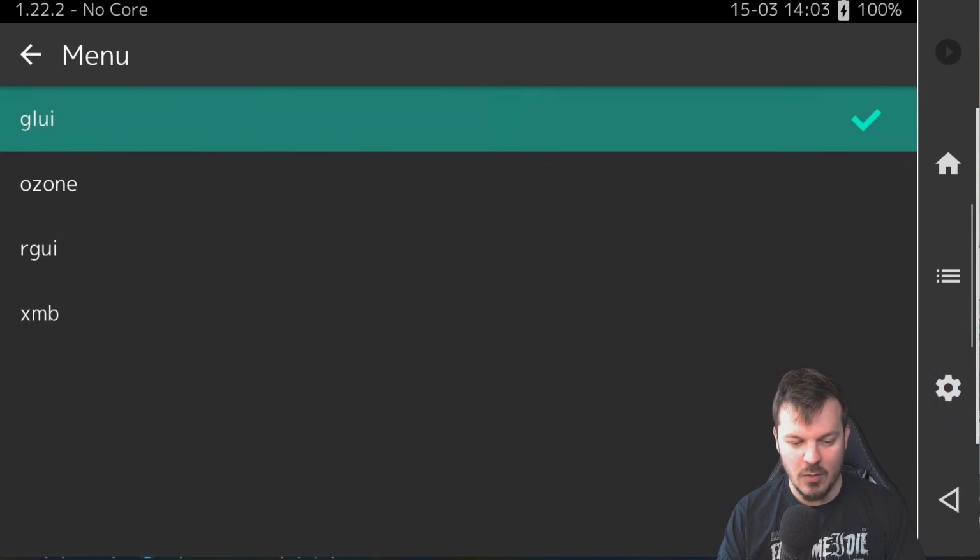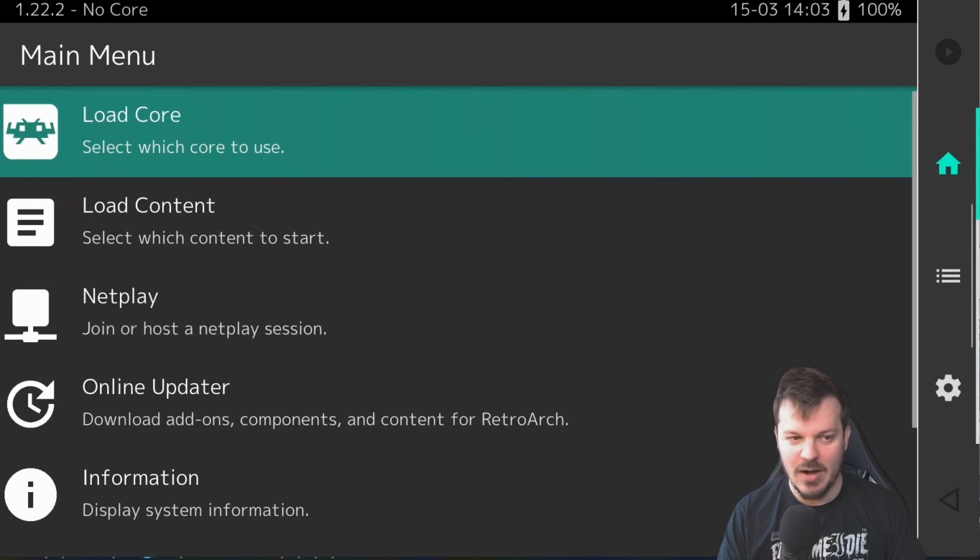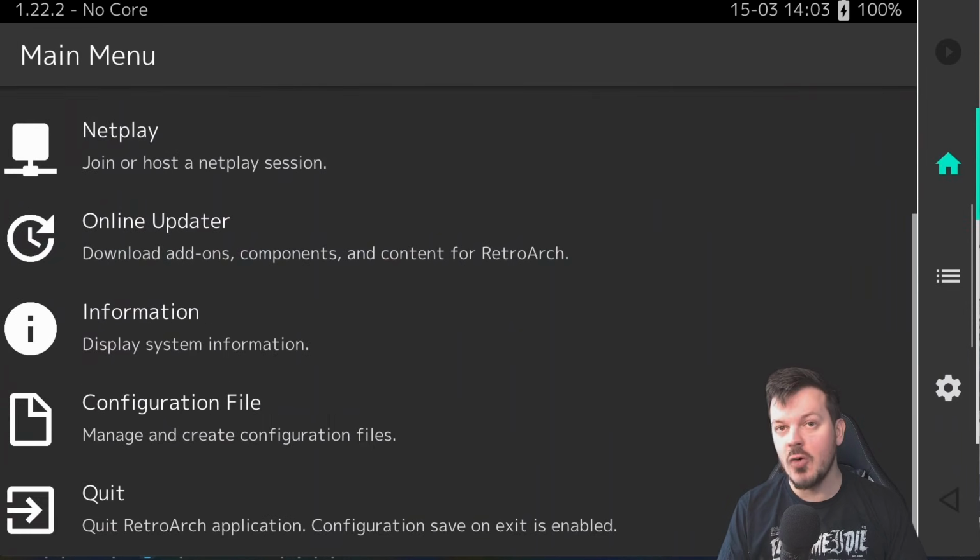And then in our menu option, I'm going to change this to XMB. Then I'm going to press the little home icon. Now, what normally trips people up with RetroArch, still don't really know which is the correct pronunciation,